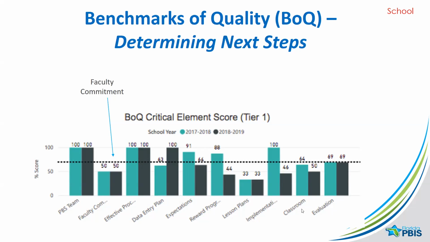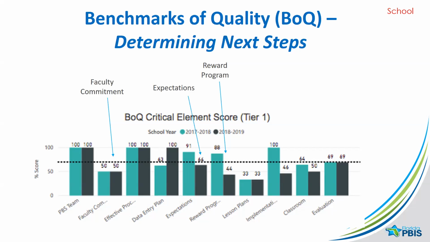What is it about faculty commitment that we would be rated so low on? Is there anything that we can do to ensure more faculty engagement and buy-in or otherwise participation in the procedures and the practices that we would like them to use? Are there, for example, anything that we need to do to shore up teaching the expectations and the rules in the school? Are there concerns where perhaps in certain areas or locations of the building or perhaps in our classrooms, we're not doing enough to really teach and to support students' understanding of those expectations?